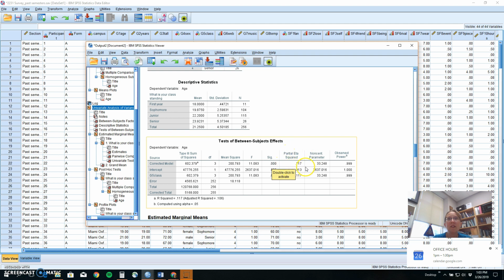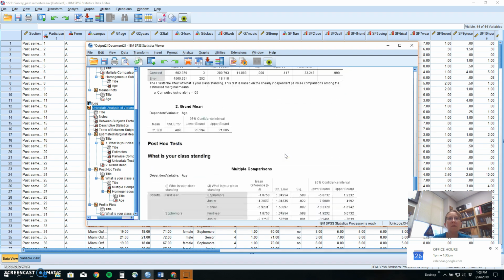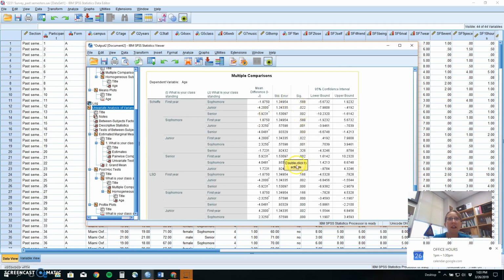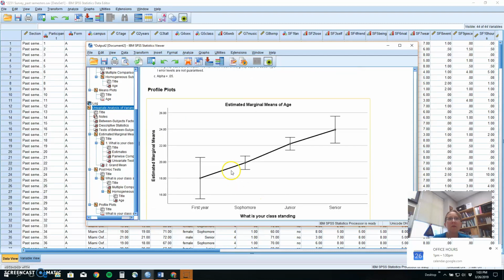But it also gives us a measure of effect size here, our partial eta squared. So this is a small effect. And here is our comparisons for post hoc tests. Scheffé, again, post hoc. And when we run that plot, it not only shows us the mean difference,